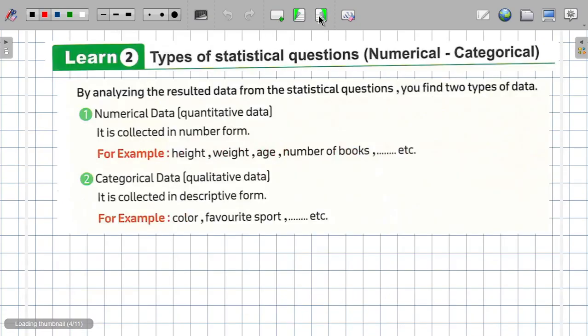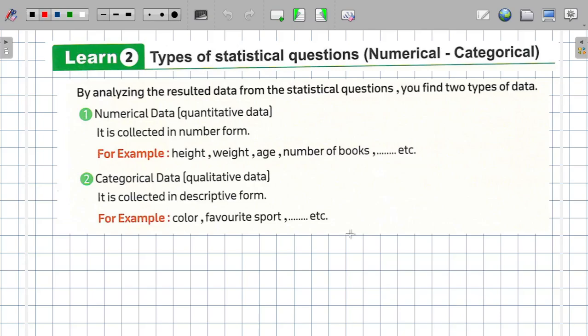So maybe I will get answers by numbers and maybe I will get answers by words or maybe quantity or quality. Okay,